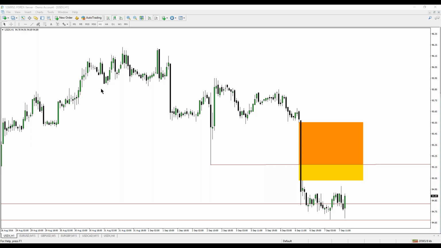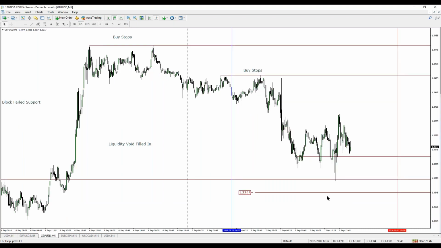Okay. Question is, you were looking for 33.45 in cable to run the stops. Do funds really move their stops on a 5-minute chart, or would they be willing to hit the retail stops there? Okay, the question is this level down here. The funds aren't going to be jamming their stops up with an intraday level.